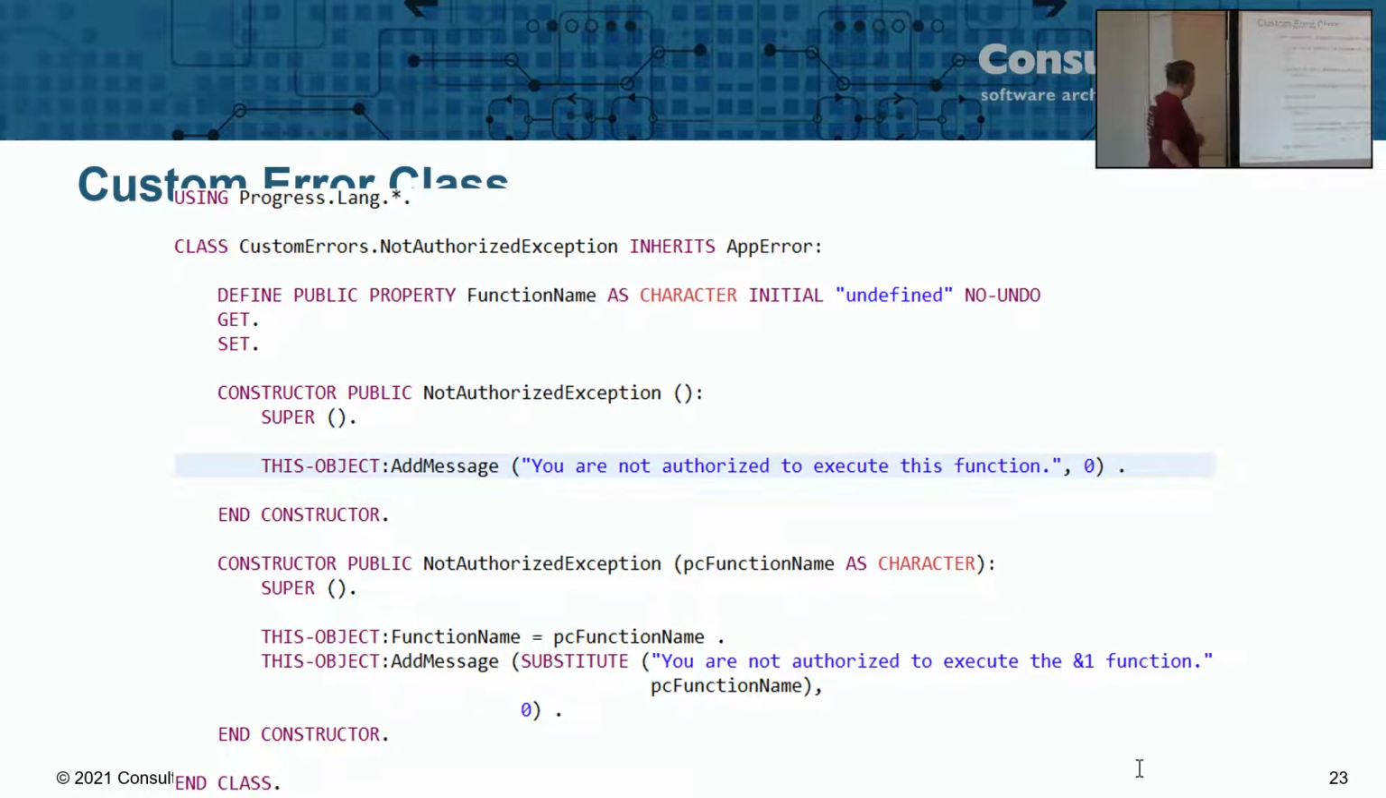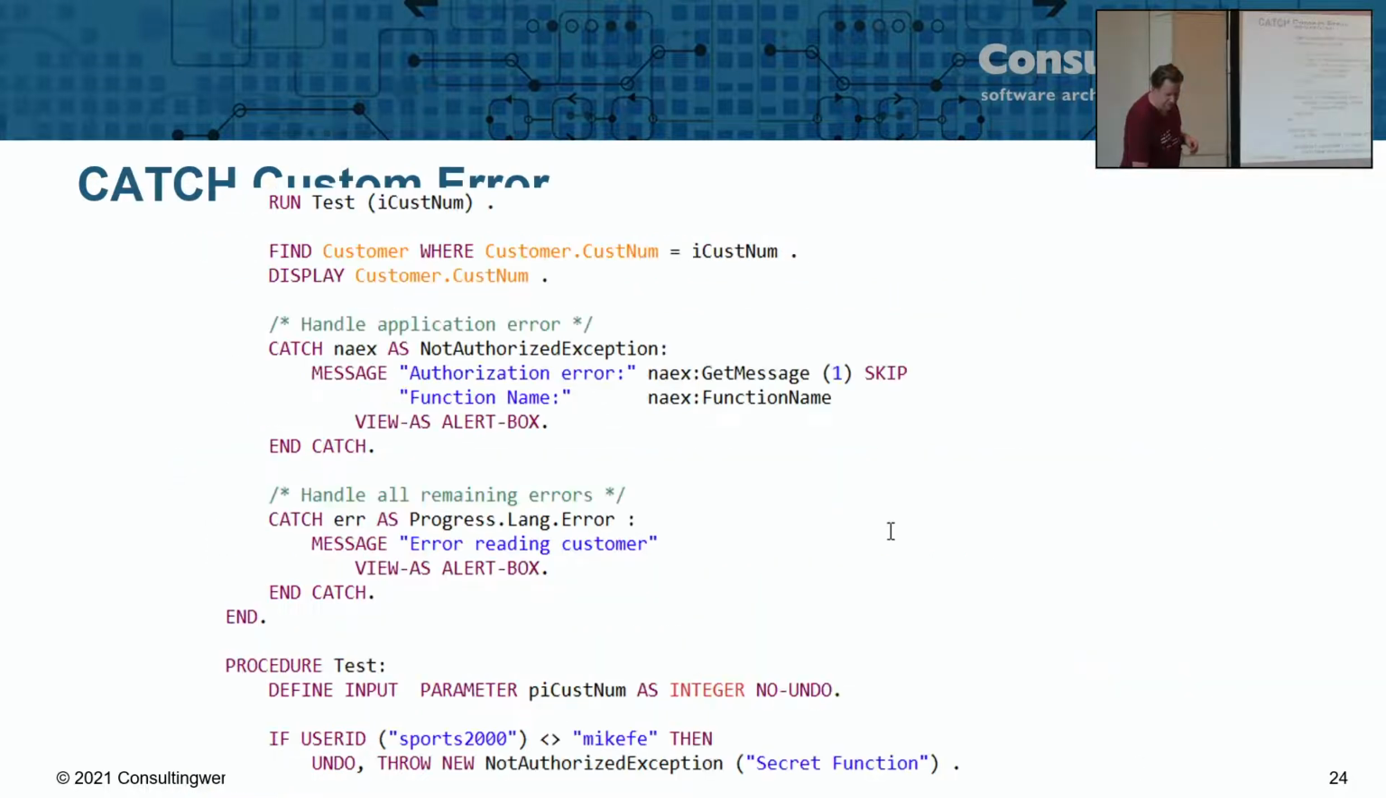You can have constructors, you don't have to have constructors, you can have your own properties on that. Errors are usually relatively passive classes. You don't write code that actually does something, they just carry information around. So more like a structure than a real class. And then when you have code,